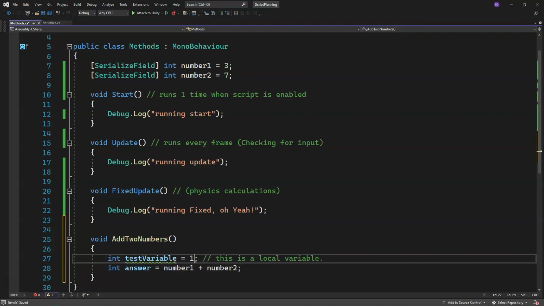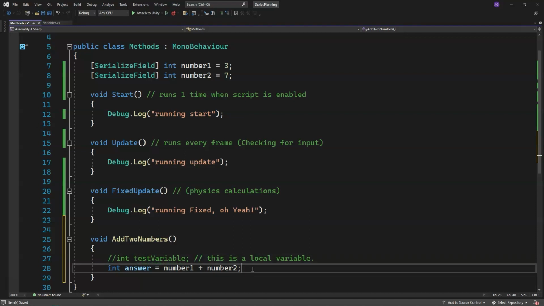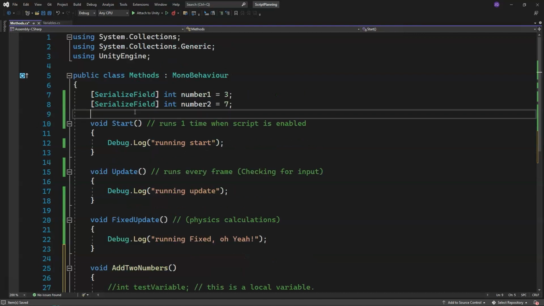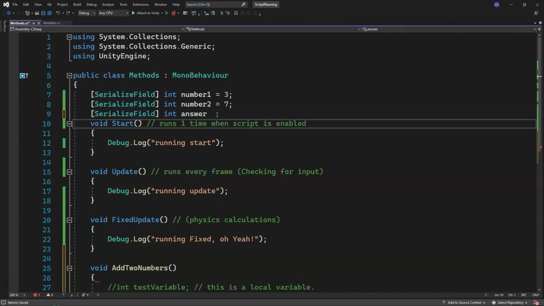We could just go ahead and set it to something like 1. It's still going to let us know, hey, this variable is declared but never used. So it doesn't really matter. But either way, maybe I'll just comment that whole thing out just so we know. But anyway, integer answer. So what I actually want to do instead is cut this out and put it at the top, but I'm going to serialize it first so that we can see it. So we'll do int answer,